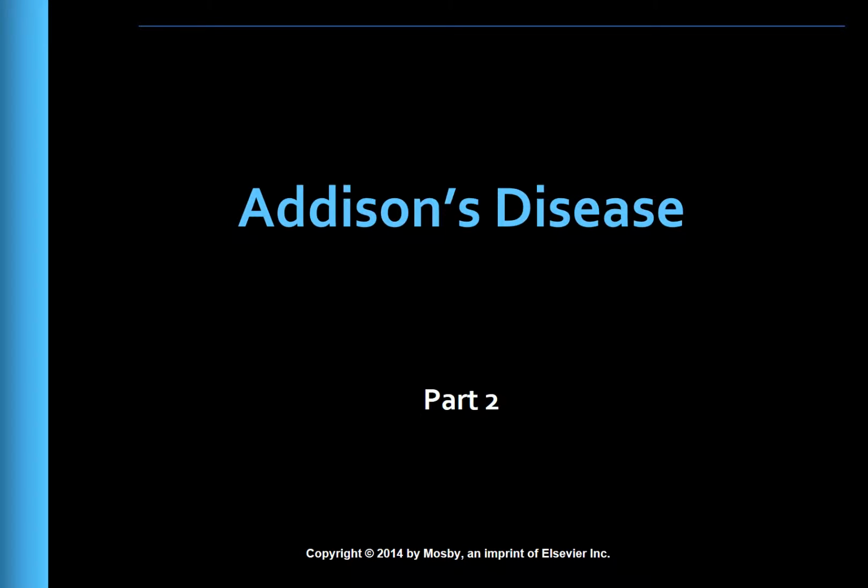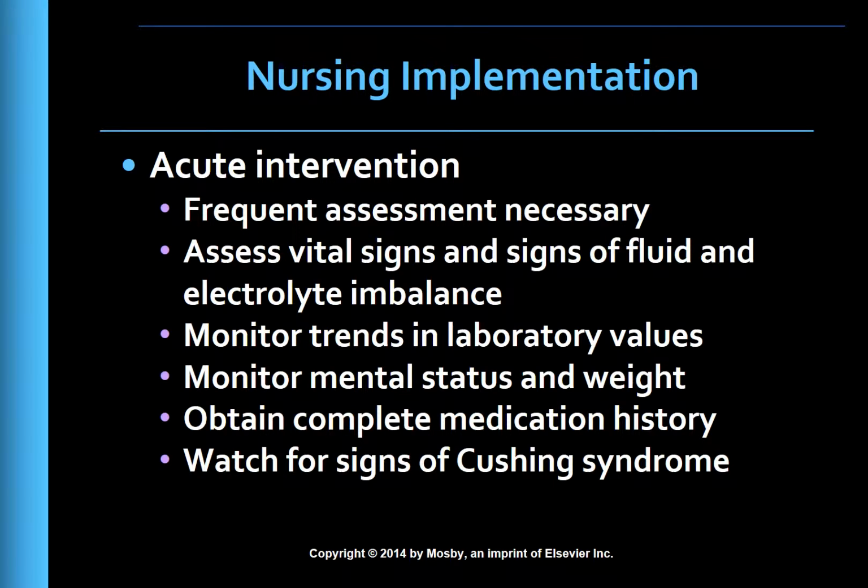Part 2 of Addison's disease. Nursing intervention. When the patient with Addison's disease is hospitalized, nursing management is focused on monitoring the patient while correcting